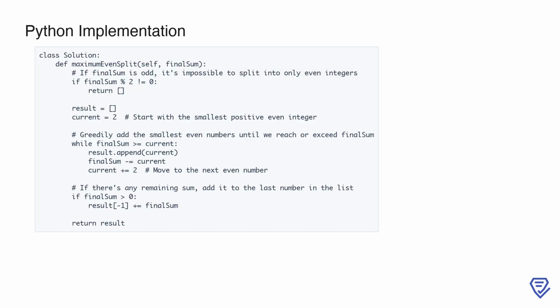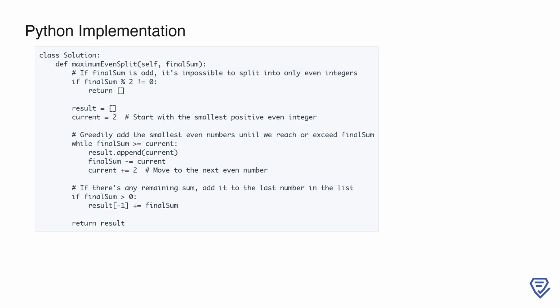Complexity analysis. Time complexity. The loop iterates through even numbers, and the number of iterations is proportional to the square root of final sum. Therefore, the time complexity is O(sqrt(final sum)). Space complexity. The space used by the result list is proportional to the number of even integers added, which is also O(sqrt(final sum)). This solution is efficient and ensures the maximum number of unique even integers are used to split final sum while